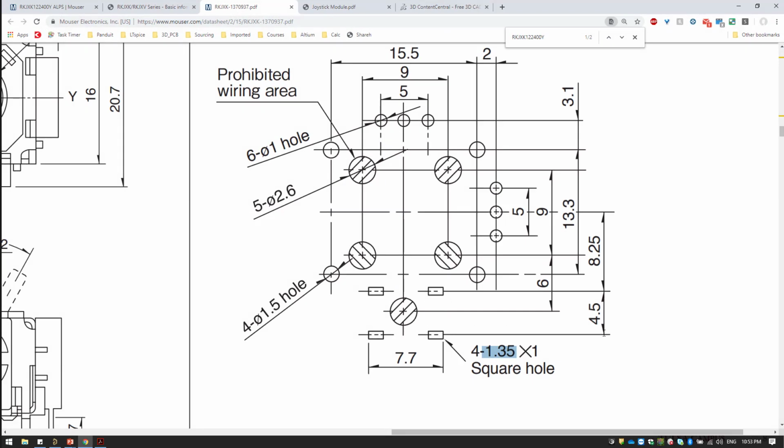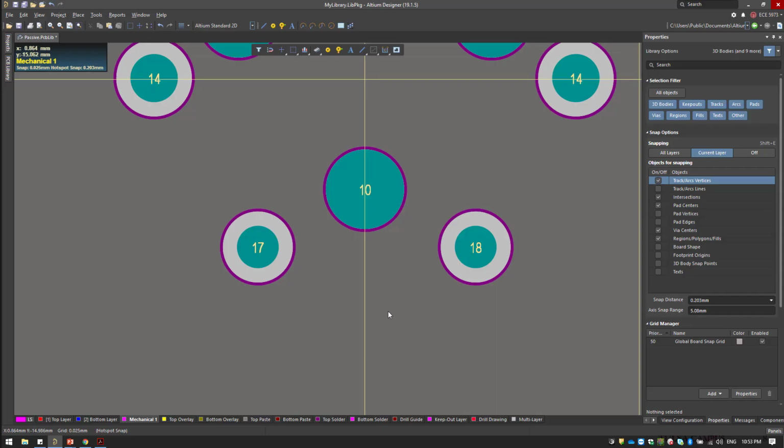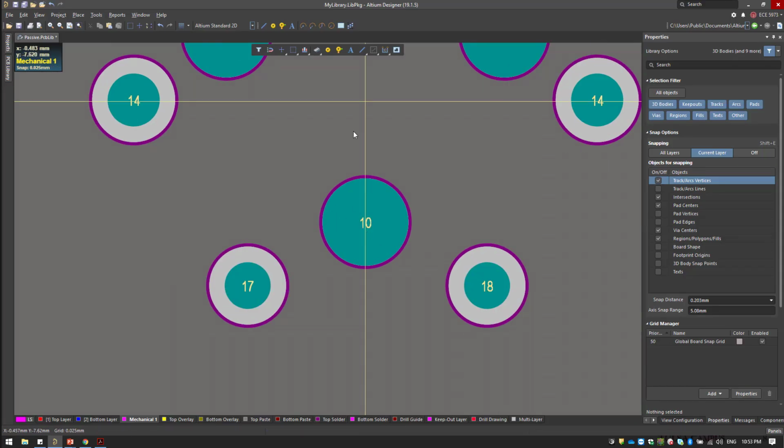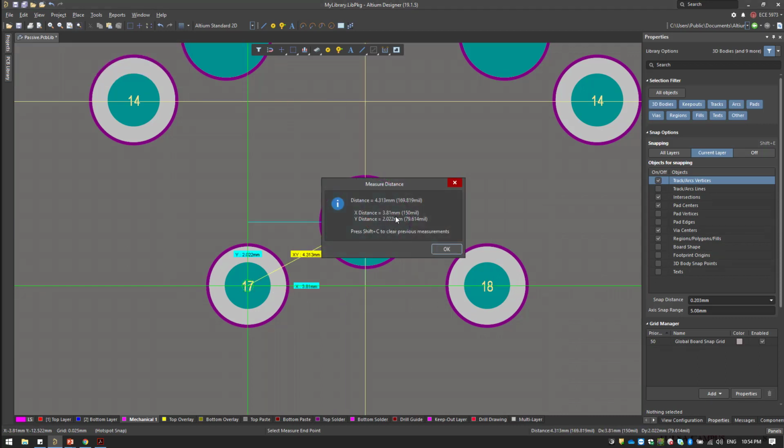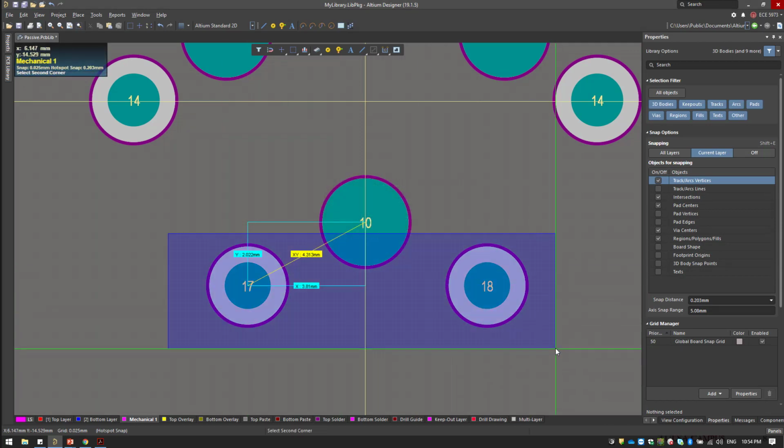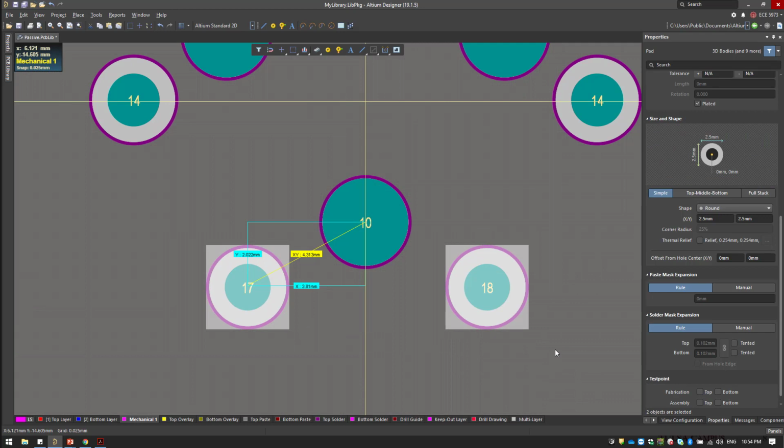And what is the spacing? So it's 4.5 divided by 2, it's 2.25 from the center of this. So we can measure that. Tools, report, measure distance. It's from the center here to the center here. We can look at the y-axis. It should be 2.25. That means we need to move these by,